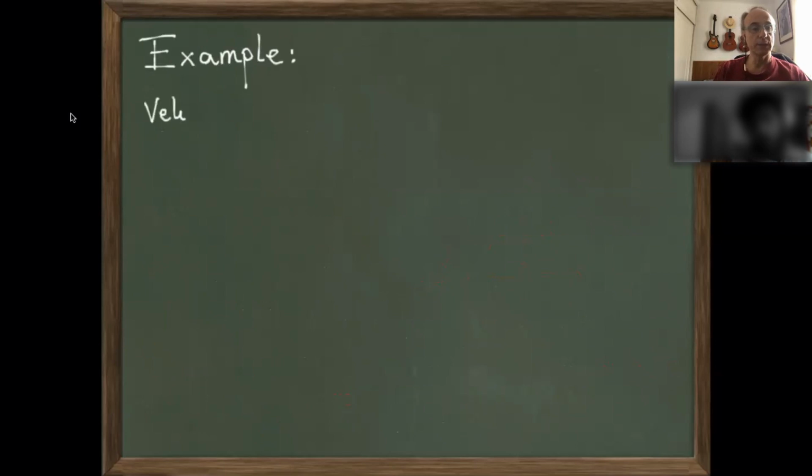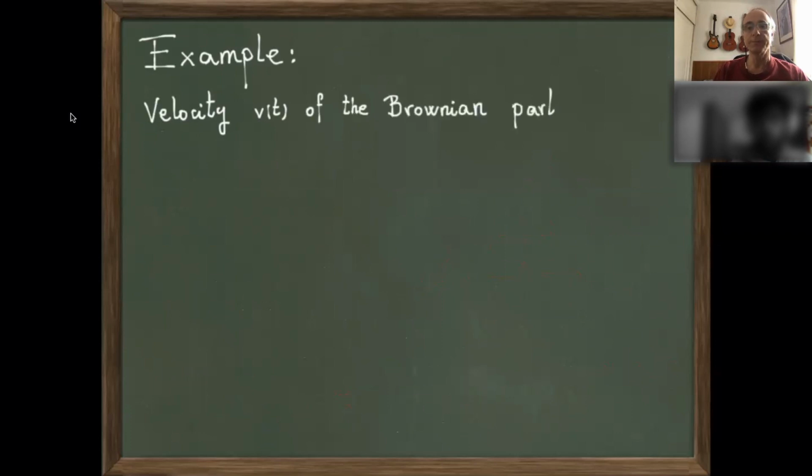Suppose you have, this is something that we are going to study in detail later on, the velocity of a Brownian particle. We have seen that the position of the Brownian particle is the Wiener process, but this is for an overdamped particle. We will see this in detail. But if you have a particle with a mass m, the correct equation for the velocity is